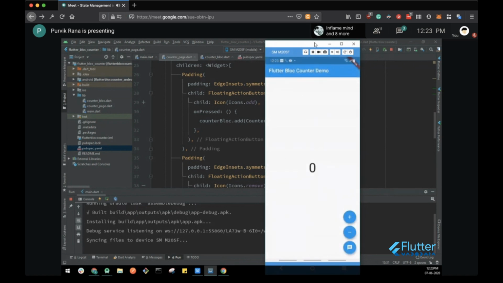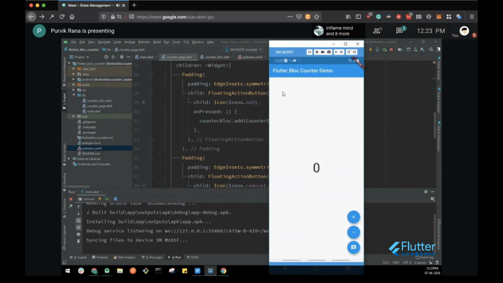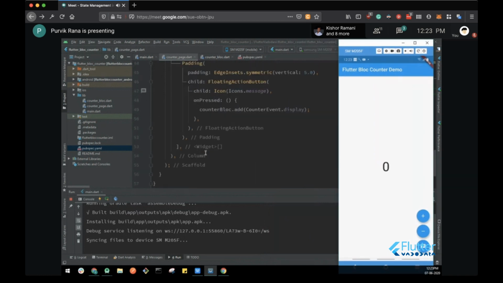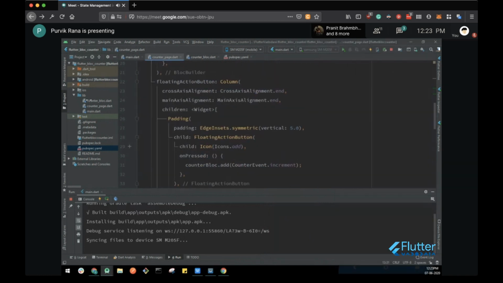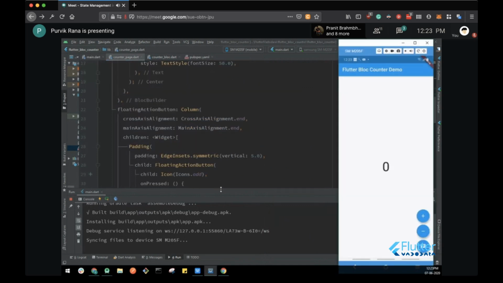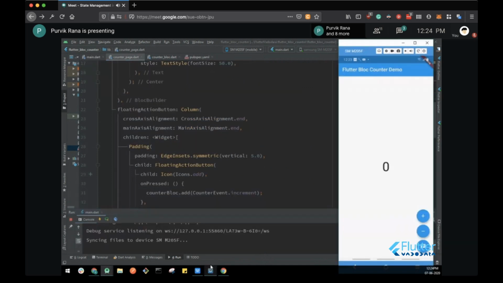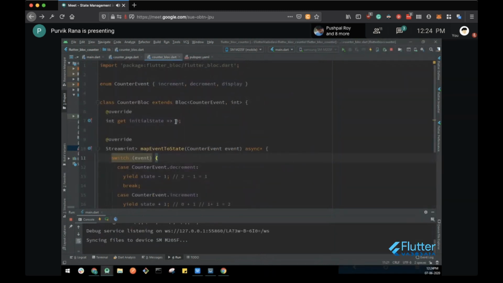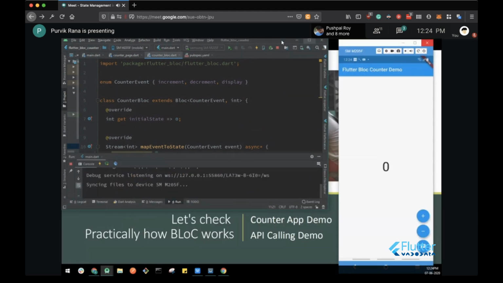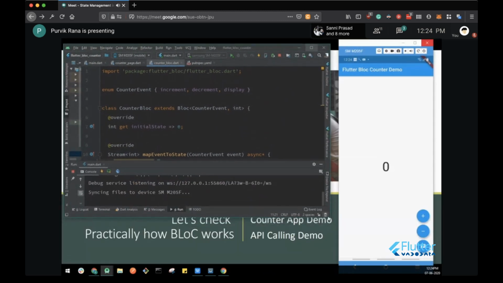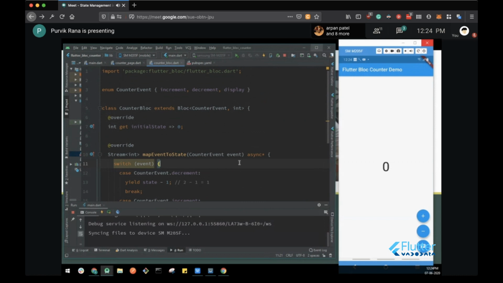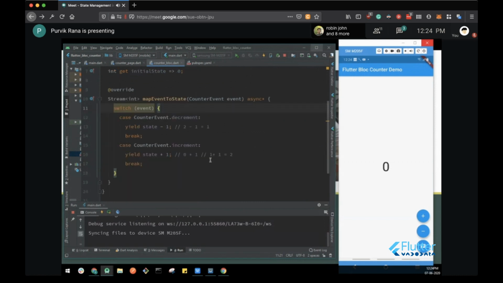So as you can see, my screen is represented over here, and my block builder is displaying this. If you can see, the initial state from the block is value equals 0.